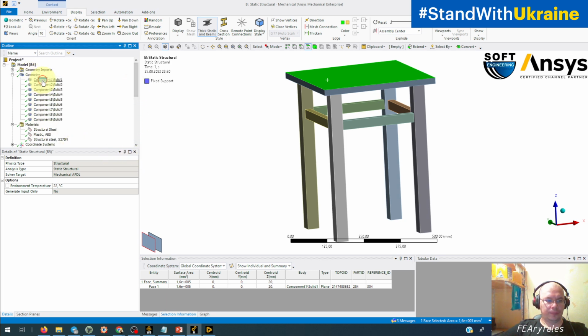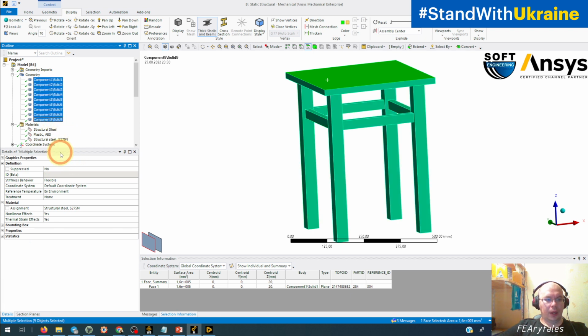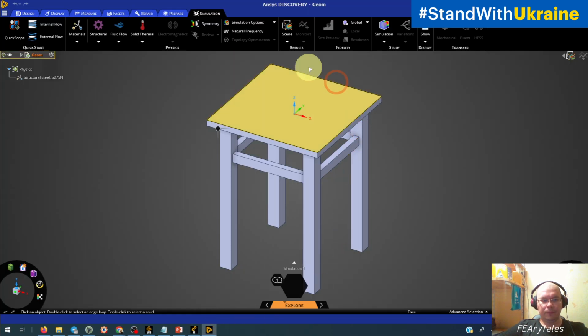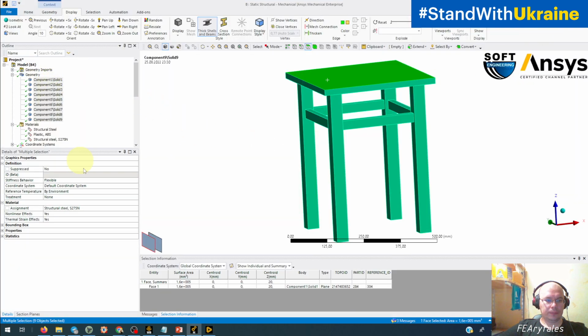Additional problem. We had structural steel, which we changed to plastic ABS, and now we have structural steel again. Structural steel S275. Not ABS, not the original structural steel, but this one. This material came from CAD, from Discovery. And if we change this material, for example, to ABS,